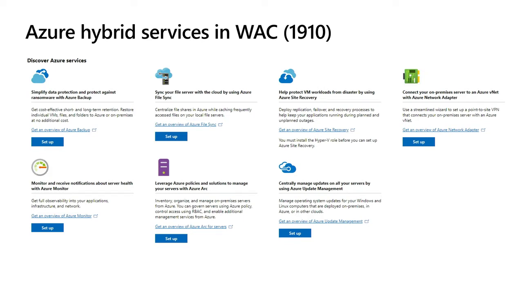We have Azure Arc. Maybe you have seen the information about Azure Arc yesterday in one of the keynotes. And we already have in version 19.10 the Azure Arc connectivity to use this Azure-based service to bring configuration policies to our on-premises systems. We have Azure Update Management,